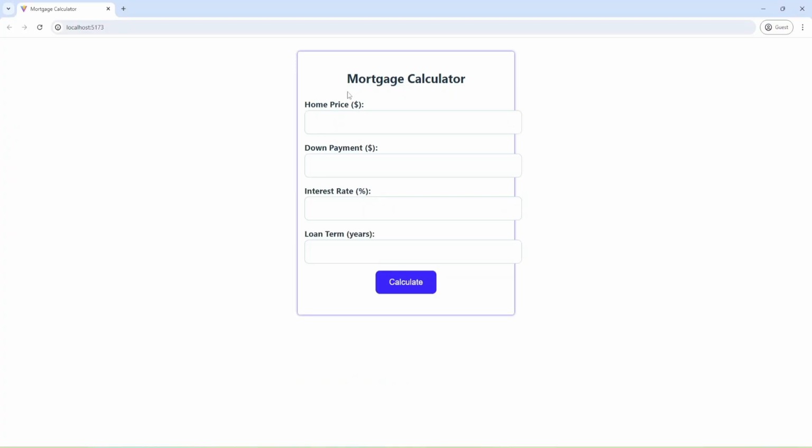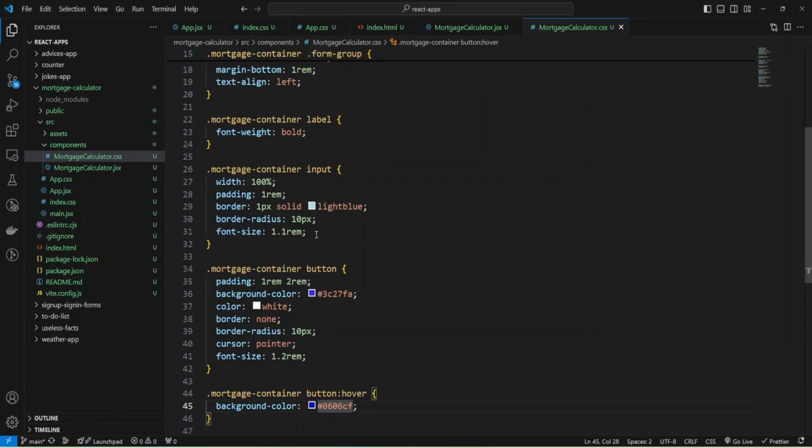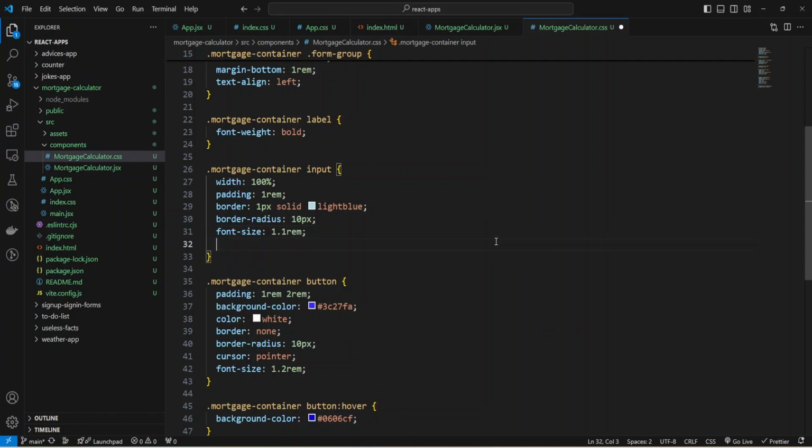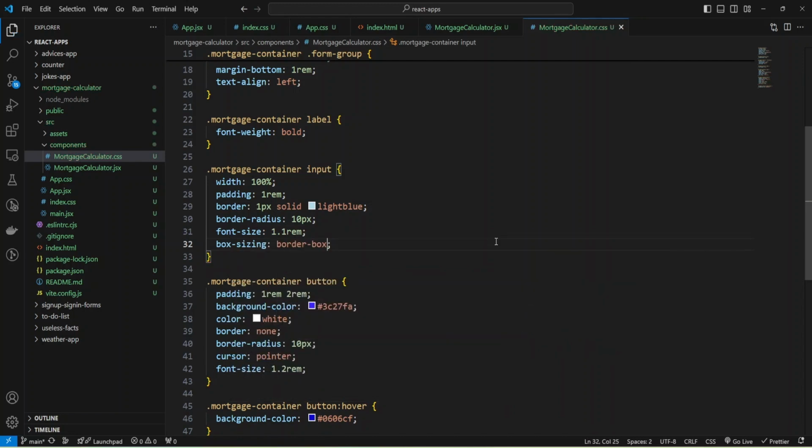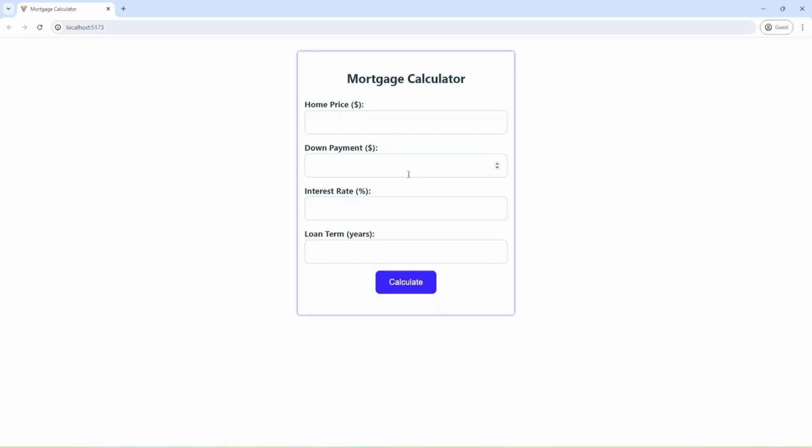And we have our inputs and calculate, and we need to fix our paddings, and let's change box sizing to border box, and we need to do it for input, box sizing border box to calculate paddings to the size of the element. And let's check again, and as you can see we have normal paddings.